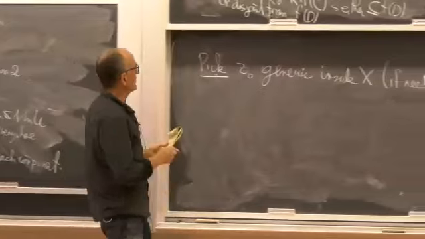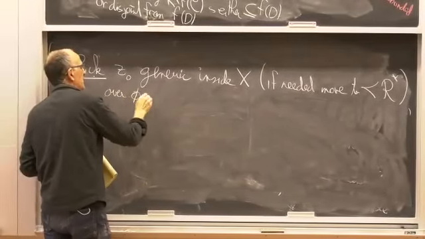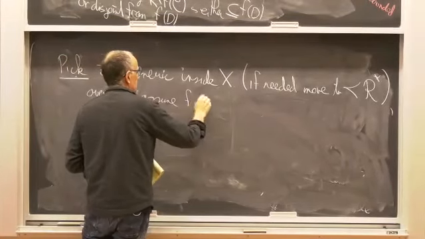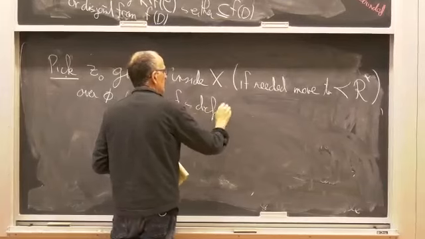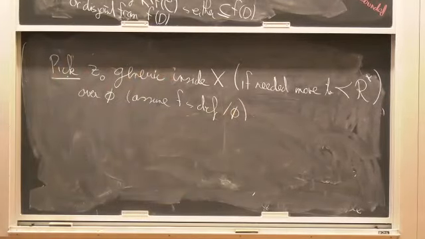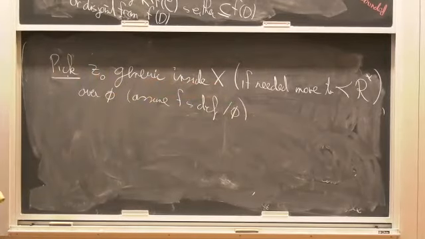Let me remind you what we mean by generic. So let's assume over the empty set. I'm assuming that all the data is definable over the empty set. Assume F is definable over the empty set. If not, just add it to the parameters. So what does it mean to be generic? I remind you, it just means that you avoid all subsets of smaller dimension. So in particular,